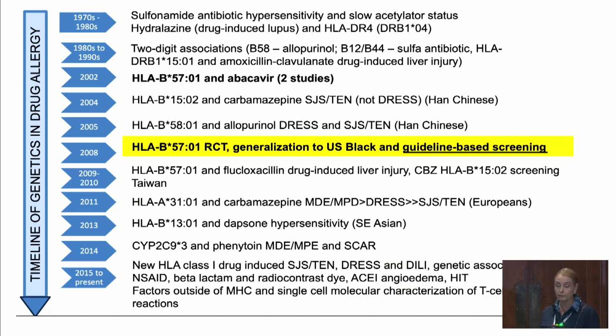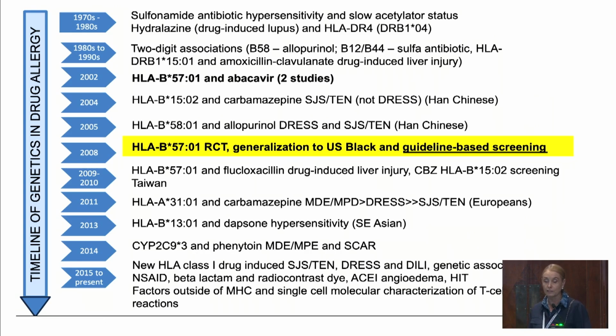The timeline of this is shown, and you can see before this it really wasn't understood from an immunopathogenesis standpoint how these reactions even occurred. So the genetic association was key in defining the immunopathogenesis and everything that followed. The genetic association, in particular between HLA-B*5701 and abacavir in 2002, really set the stage for everything that